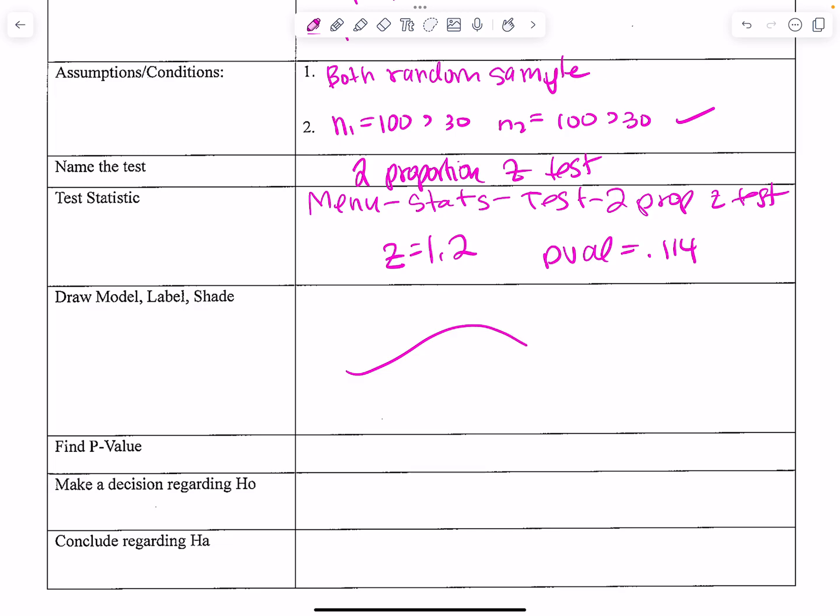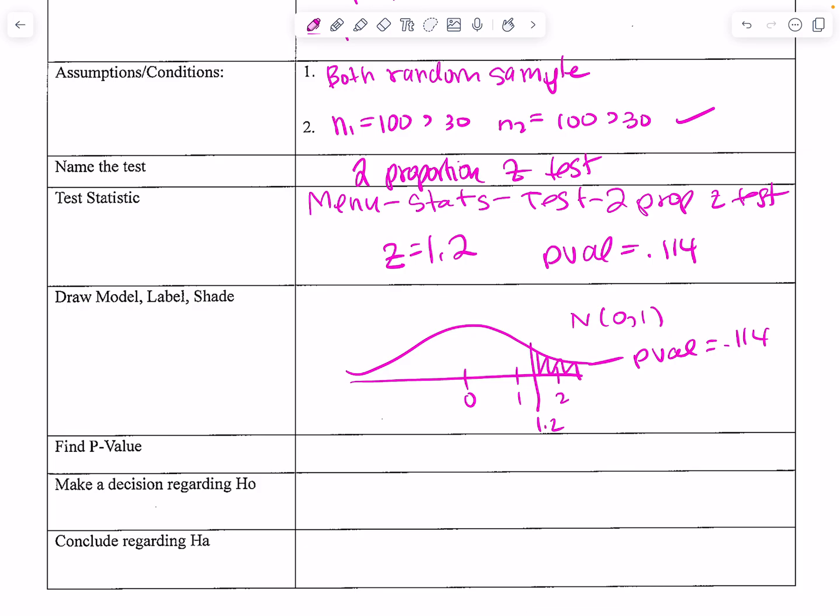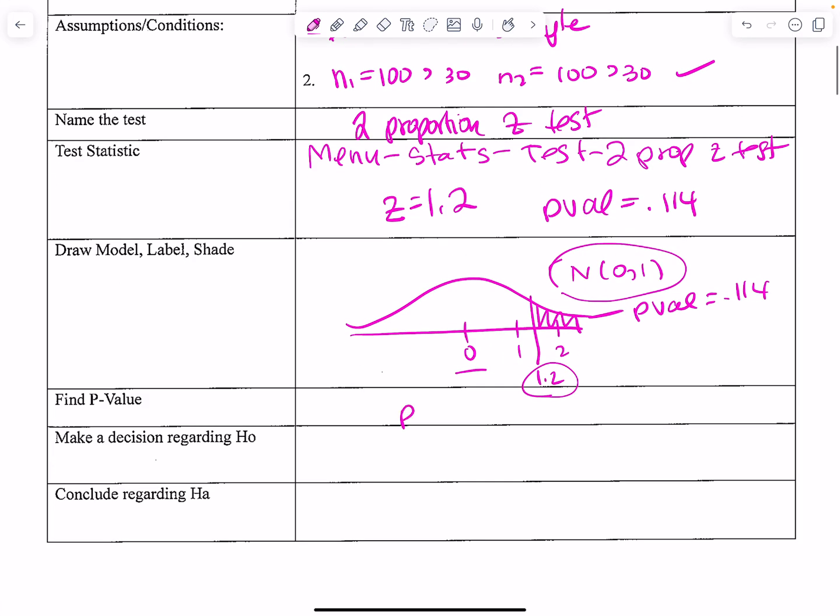So my draw, label, shade: I have a normal model, 0 and 1, 1.2 shaded here, and that's my p-value, 0.114. So I made sure I labeled all the different things. I have the n labeled here, and I have the mean labeled, and I have my z labeled. The p-value I already found above, and that's 0.114. But since the p-value is greater than alpha, which I think I put as 0.05,